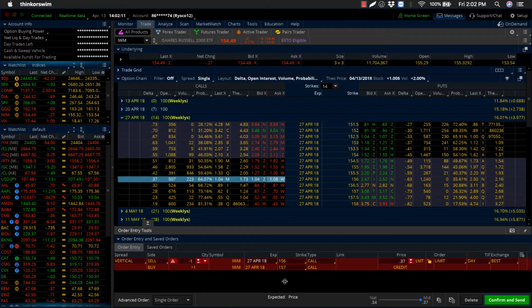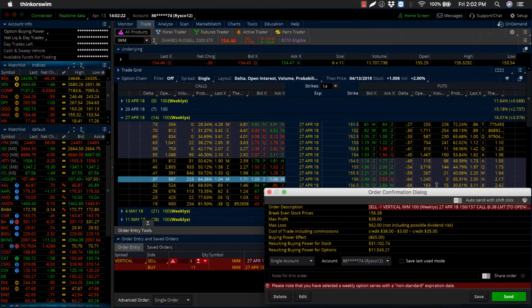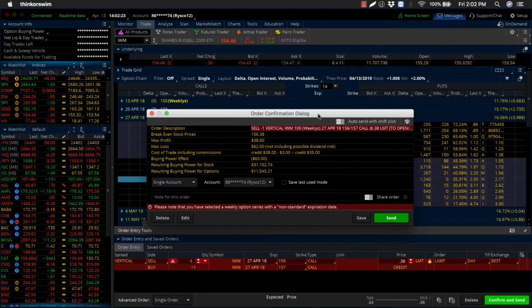So this is a dollar-wide spread. This thing is currently trading for 37 cents, right between 37 and 38 cents. It keeps flipping back and forth here. So let's say we can get filled at 38 cents. Let's go ahead and click on confirm and send. If I get filled at 38 cents up front, that 38 cents or $38 per spread is the most I can make